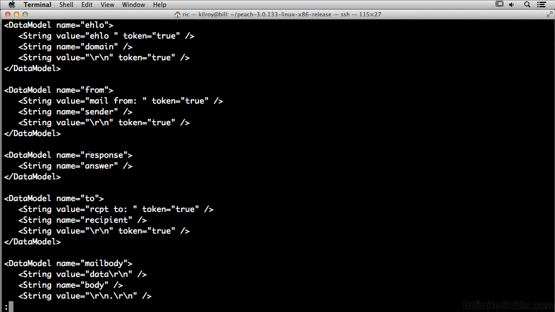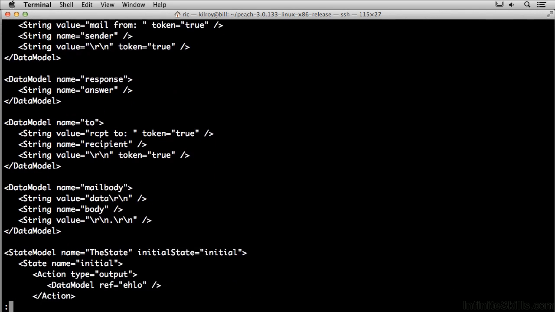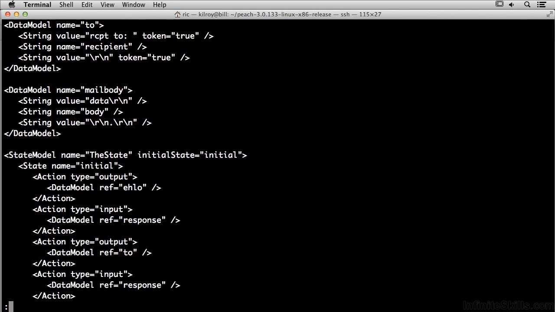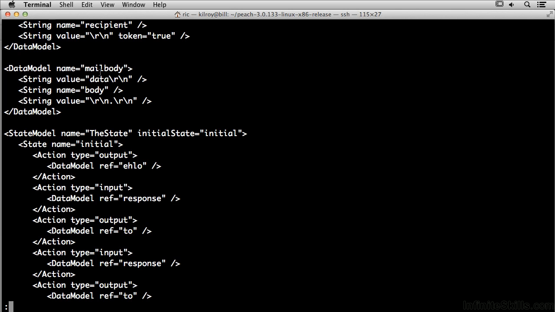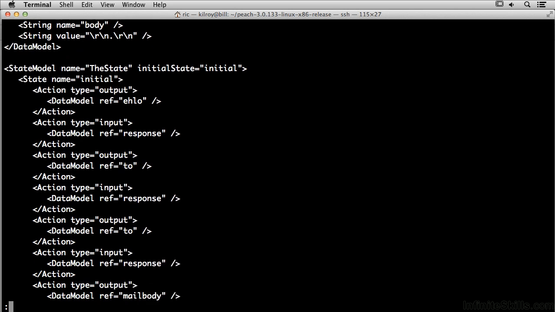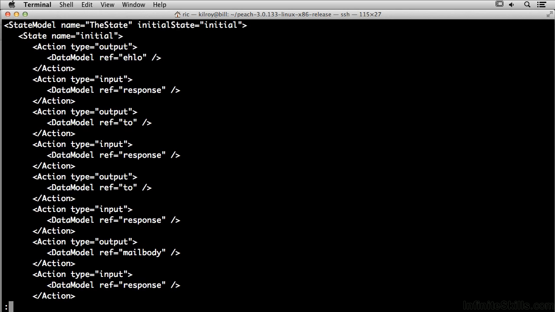Now, I've actually created another one here called response, and that's just to get the response back from the server. Let's get done looking at our data models, and I do have a mail body here where I send some data, and I'm just fuzzing a lot of garbage into the mail body, and then we're going to send the mail along. Now, the state here, this is where I actually specify the order that things are going to